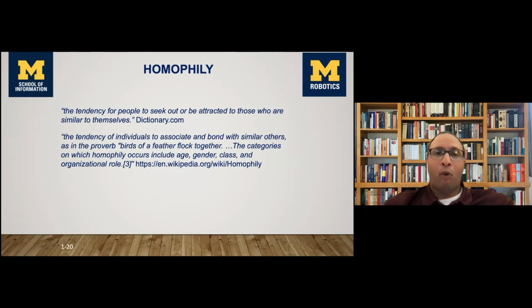But what we know from the last 100 years of social science is that homophily is real, right? People tend to cluster together. People tend to cluster together in many different ways throughout our society. For example,